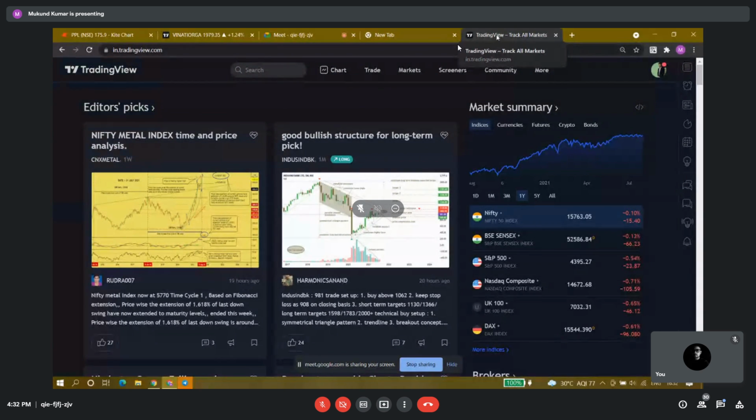Understood. But the return we are expecting from mid caps and small caps, the large caps are not providing that particular set of return for the same risk we are taking. So why don't you go for that? I think so.